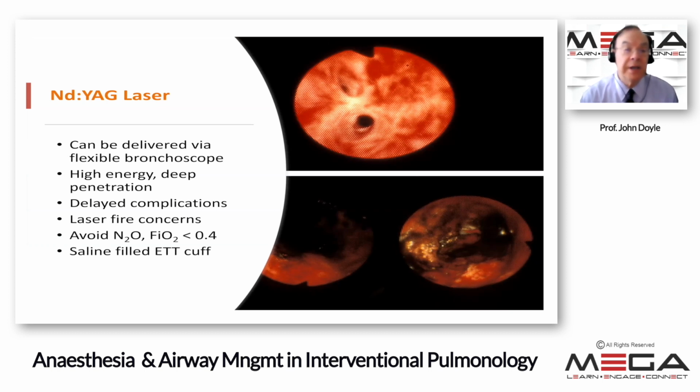Another procedure that we carry out is the use of tumor ablation and other procedures with a neodymium YAG laser. The laser beam can be delivered via flexible bronchoscope. It is a high energy, deep penetration type of laser beam. And because of this, the potential for delayed complications, particularly related to edema or damage to structures that can be bleeding, can be a problem. Laser fire concerns exist for all lasers, in particular for this one. You want to avoid nitrous oxide, which supports combustion. You want to keep your fraction of oxygen in your expired gas below 40%, and you'll want to use saline-filled